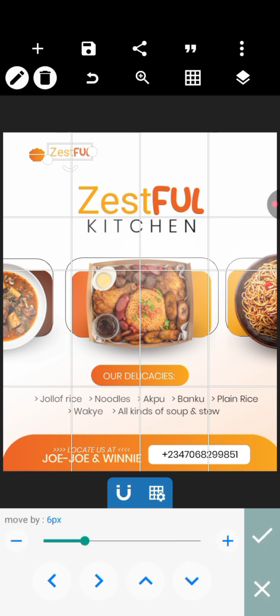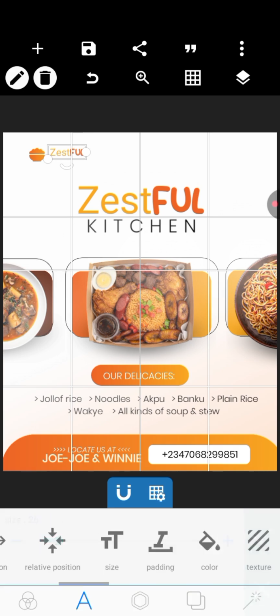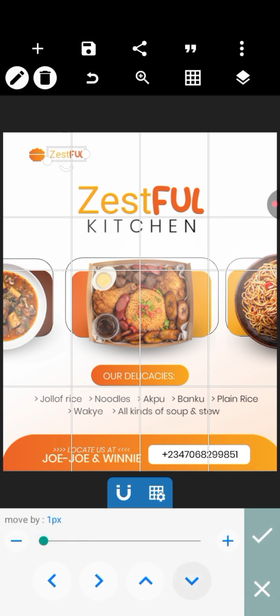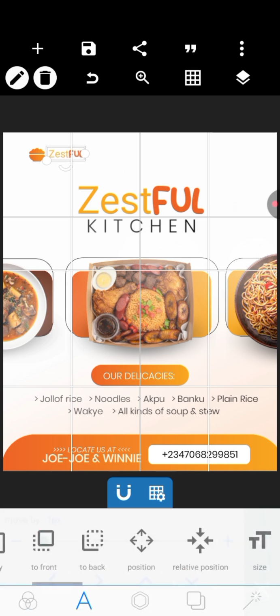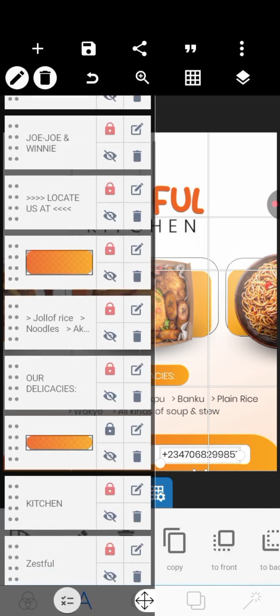Reduce the size, and boom. Reduce the size and place it very well. So the size is 26, and then use the position as well to place it very well, so that it will align that location. So copy the location as well,